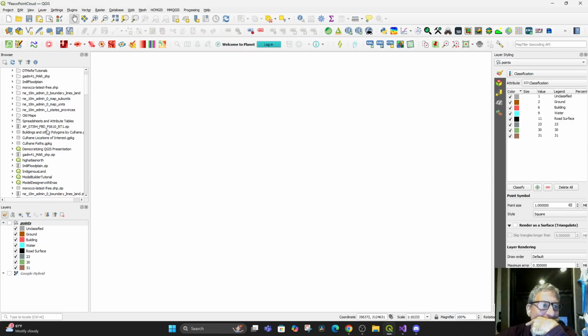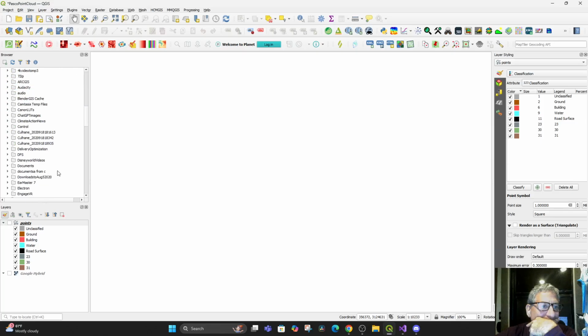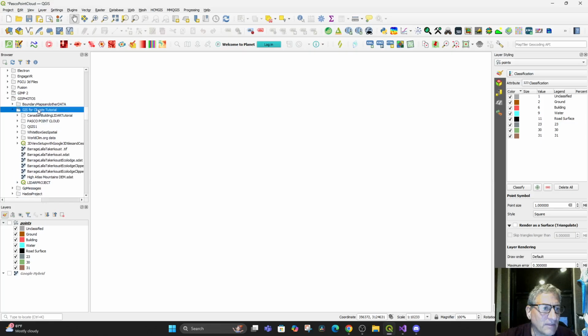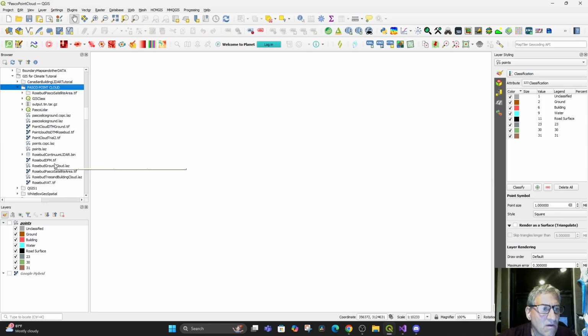Somewhere it's in here. Buildings and polygons. And we'll look under here. Boundary maps, presentations, areas, climate, trail, Pasco County Cloud, and here somewhere we have the Pasco Cloud DTM